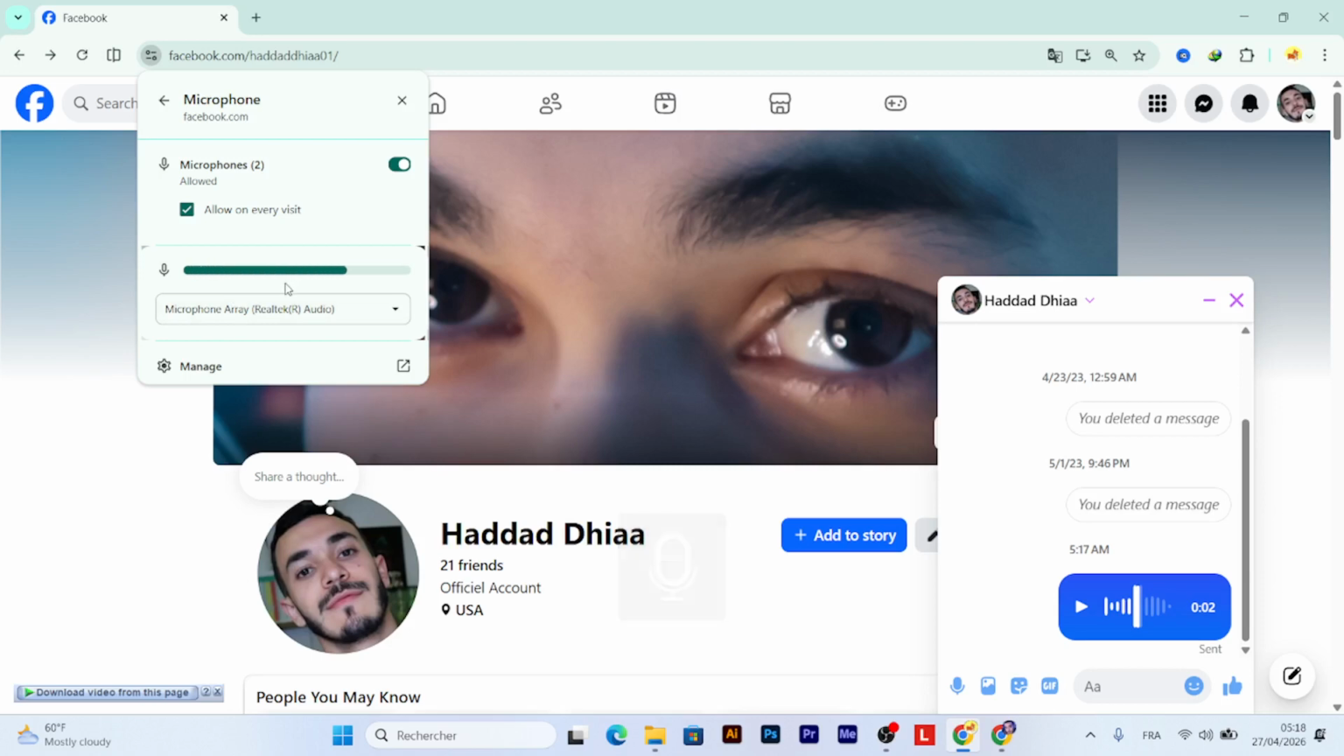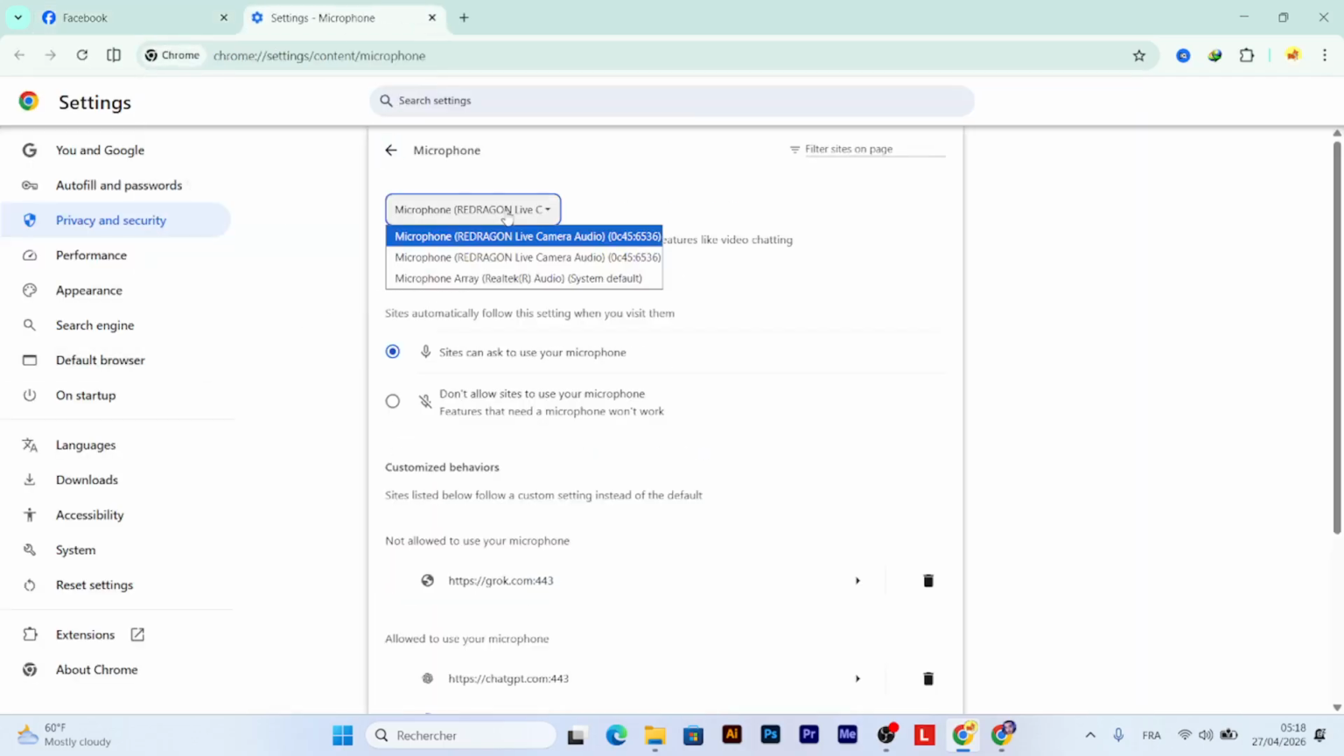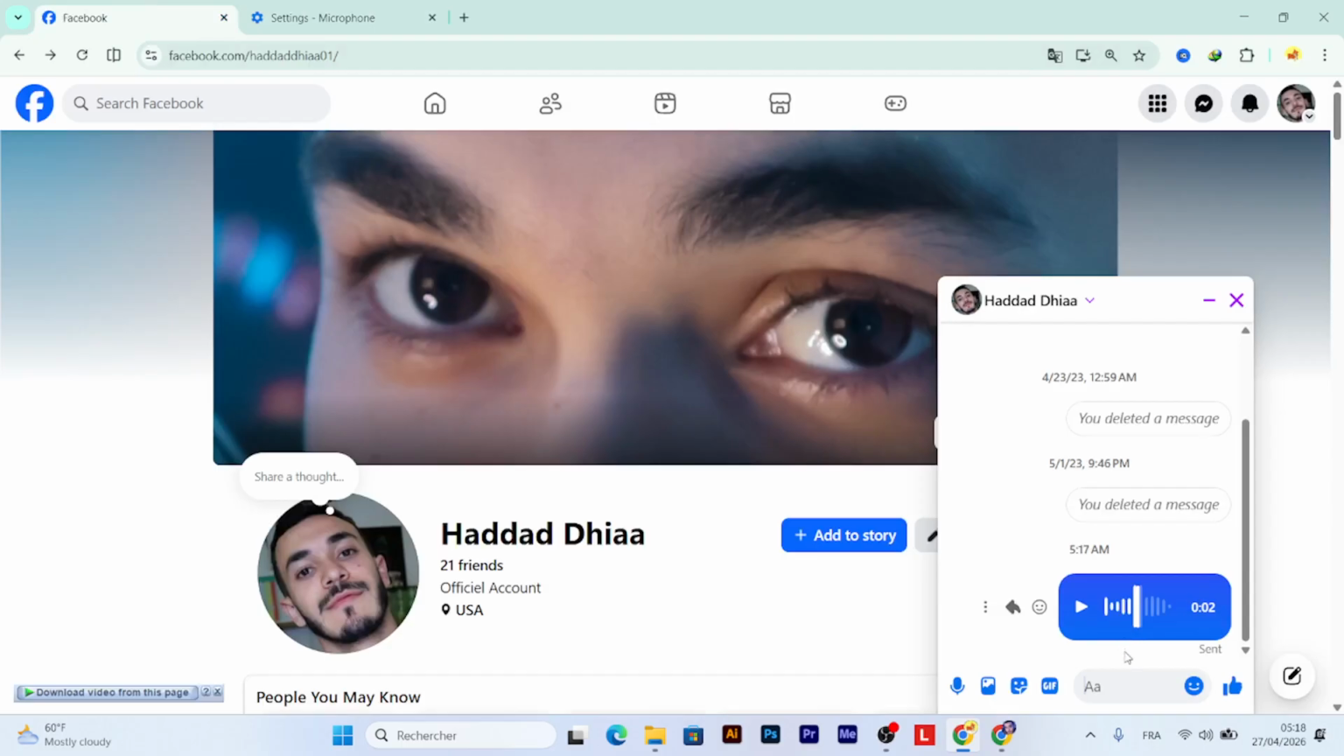Or if you don't have this and it's not working, nothing. Just go to manage, go here, and change your microphone from this to Red Dragon, or your headset, or your headphone, or whatever microphone you have. After this, just click and do it again, and the microphone will be enabled and working. This is how to